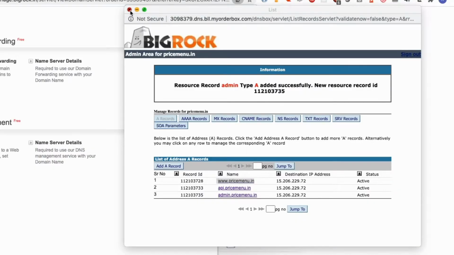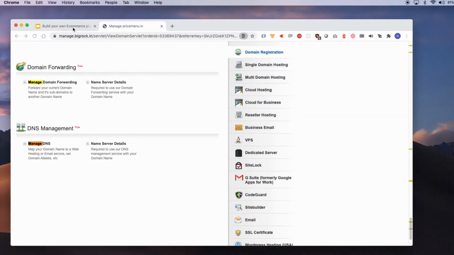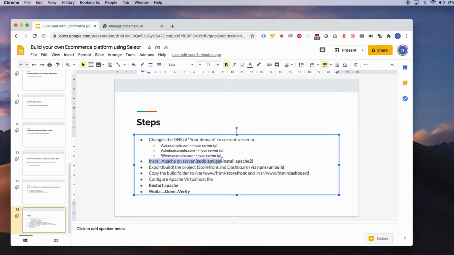Meanwhile, what we can do is set up our server. As a next step, I am going to install Apache on my new instance.